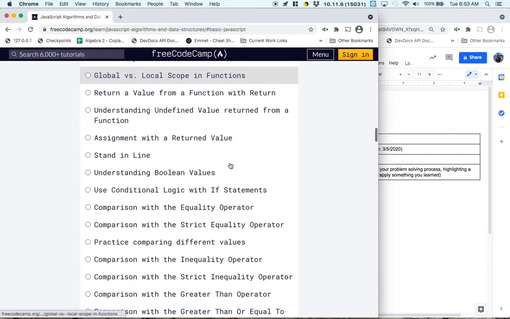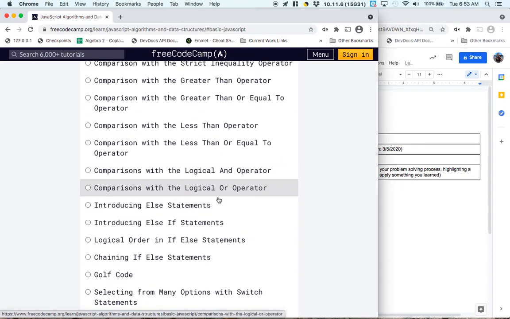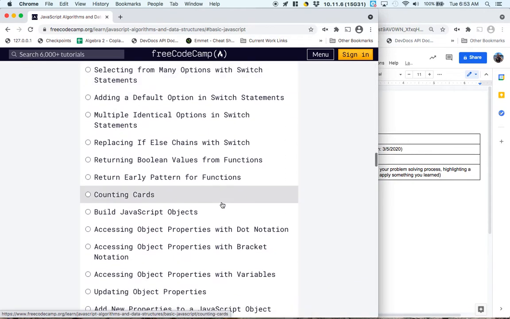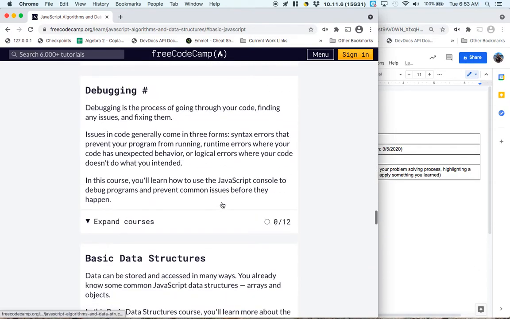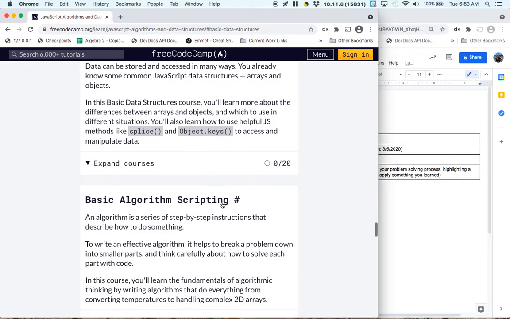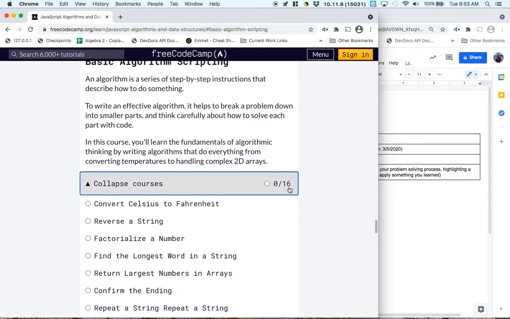There's a lot of challenges there that cover some of the same material that we've covered, if and else statements and things like that, but also some other stuff that we haven't learned yet. And I think it's actually really useful to do. We're going to scroll all the way down to basic algorithm scripting, and this is going to be where we're focusing our attention. So we're going to expand the course here,